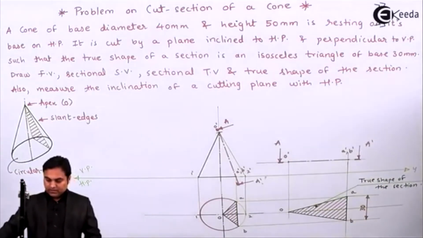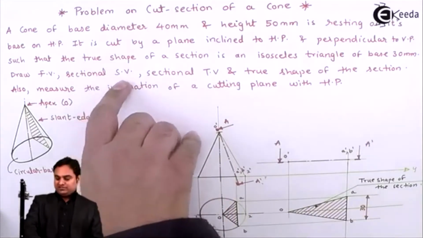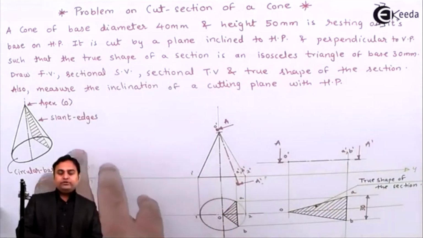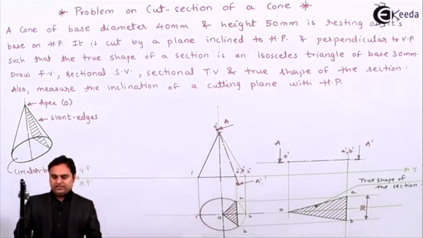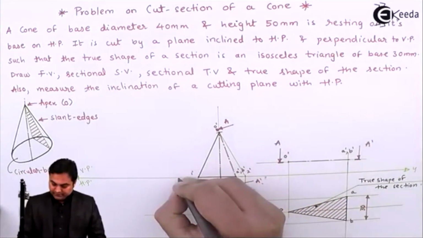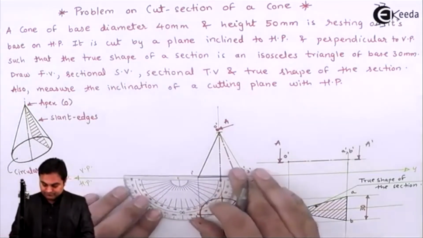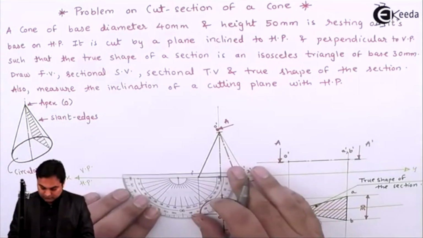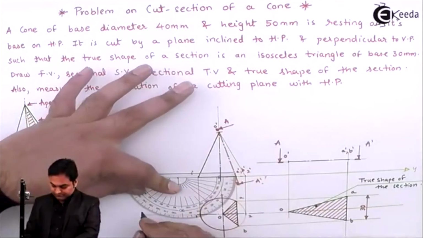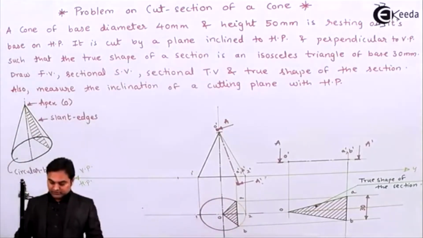Next, after that, I have to project the side view as well. Sectional side view has been asked. So for that, we will be looking onto the right hand side, drawing it onto the left hand side by first angle method of projection. So for side view, here I'll take a point, measuring an angle of 45 degree. Drawing a light line through it.